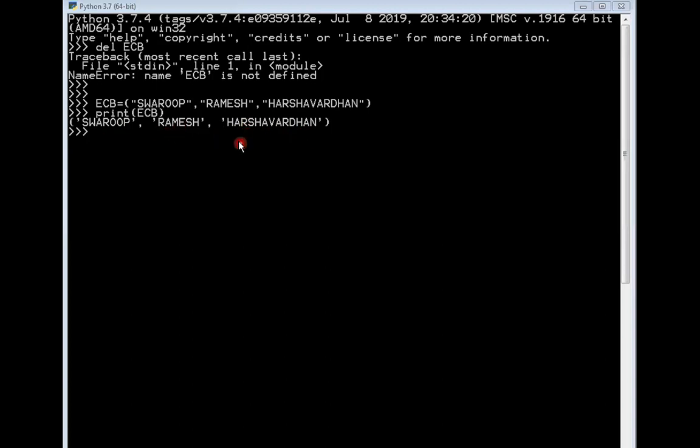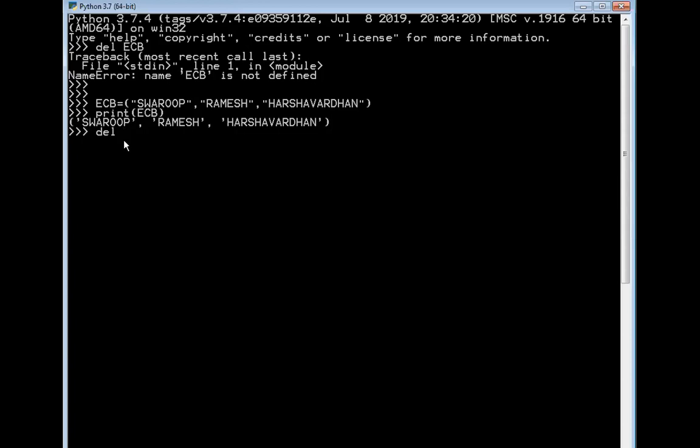Now if I want to delete this particular ECB tuple completely, how can I do that? You can notice that I will be using DEL, which stands for delete, then a space, and then the tuple name.